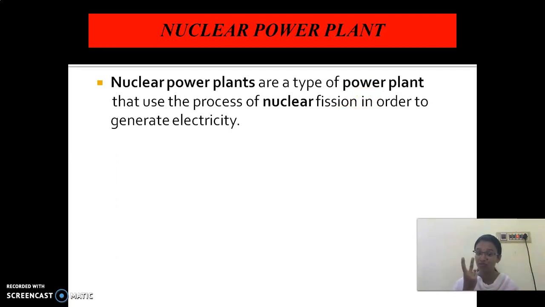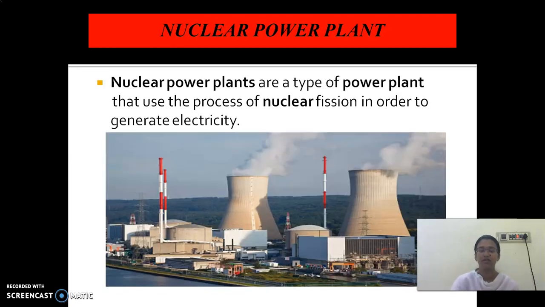There are two types of nuclear reaction. Children, have a note of it. The one is nuclear fission and the other is nuclear fusion. Fission is nothing but splitting up. Fusion is nothing but joining together. The Atomic Research Center nuclear power plant is there in Kudankulam and it is also there in Chennai.